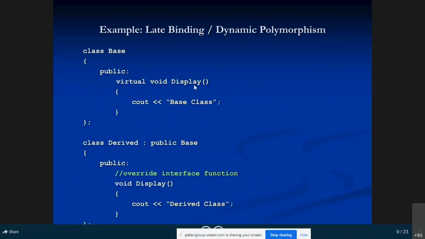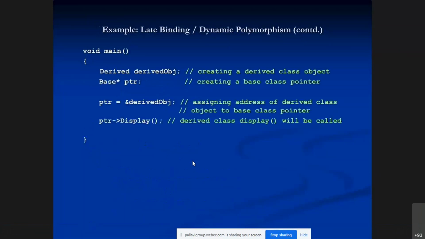This display function, the same display function is there inside the derived class as well. You are overriding this function in the derived class. This is called dynamic polymorphism. We achieve it by using the overriding concept, but in overriding there is a problem that you can solve by using virtual functions. The same example we have seen by using pointers: you have a derived class object and a base class pointer. This pointer is now pointing to the derived class address, and now you are able to access the base class members and derived class members.